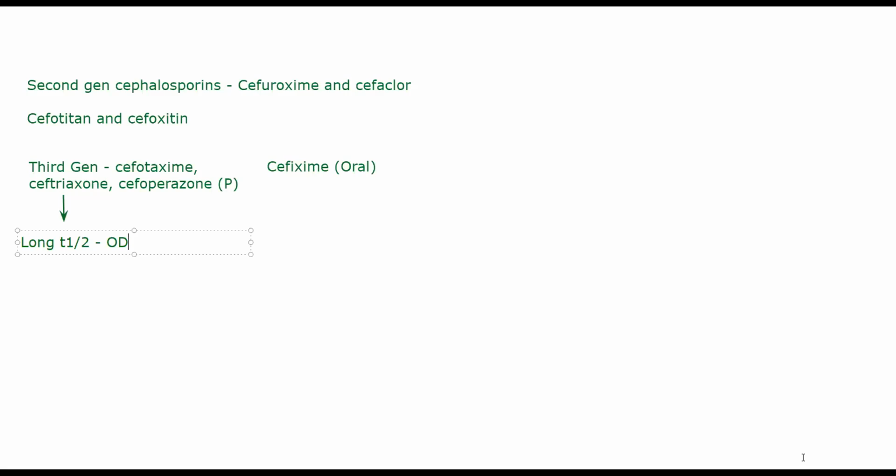Ceftazidime is another drug. Ceftazidime is a parenteral third generation cephalosporin that is very, very helpful against Pseudomonas aeruginosa. Generally, third generation cephalosporins can be life saving in case of serious gram negative infections. There will be certain gram negative infections which are resistant to aminoglycosides. Aminoglycoside is another type of antibiotic which we'll study about. But certain strains of gram negative bacteria are resistant to aminoglycosides. In them, third generation cephalosporins will work very well.